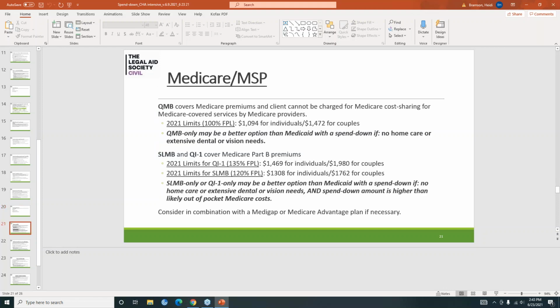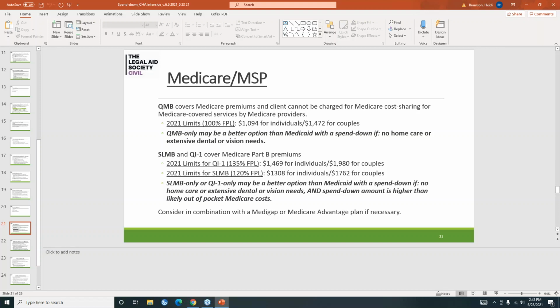Okay, so Medicare and a Medicare savings program. So again, you may have already been trained on this as well. I think the Medicare training happened. So the Medicare Savings Program, there are 3 of them, QMB, SLMB, QI1. QMB is more comprehensive than SLMB and QI1.